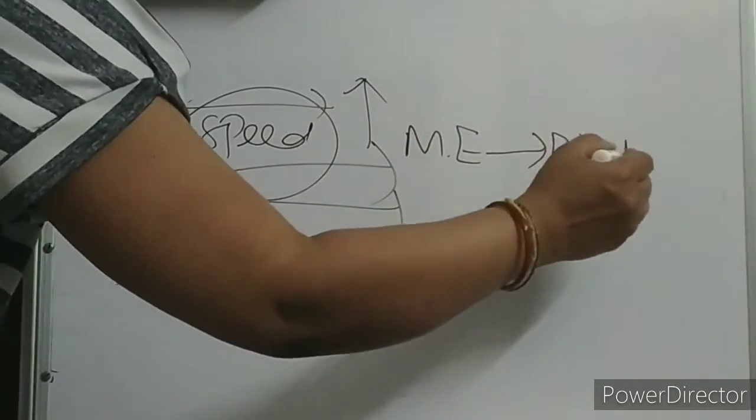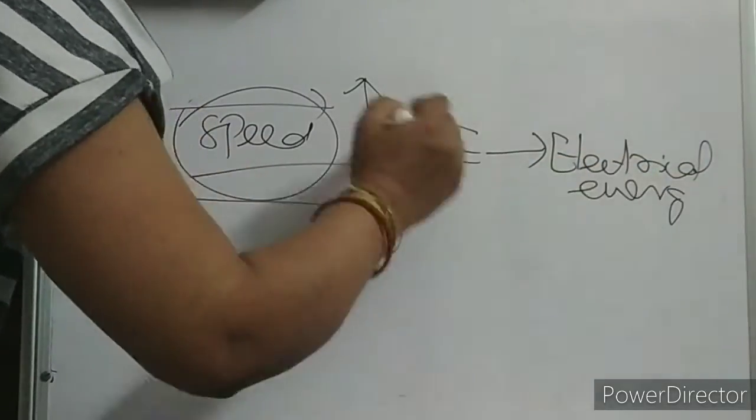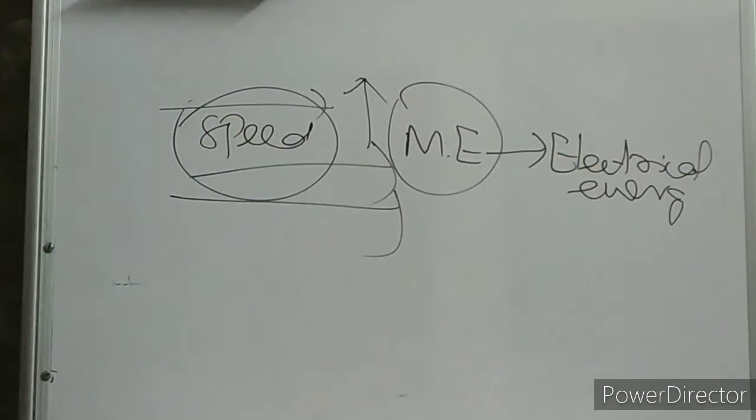What is this mechanical energy? Electrical energy you are getting because current is induced. But what is the mechanical energy? What we are doing is the relative motion between the magnet and the coil. That means we are doing some work. So that is your mechanical energy. You have studied this in class 9. Hope I am clear with this. Here in this case, mechanical energy is getting converted into electrical energy. Clear, children? Okay.